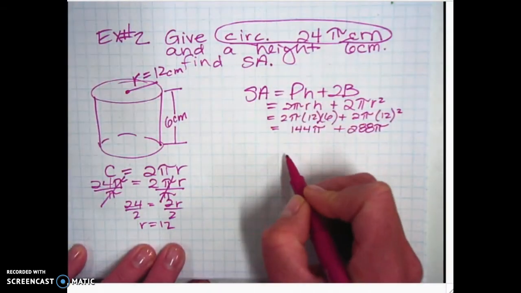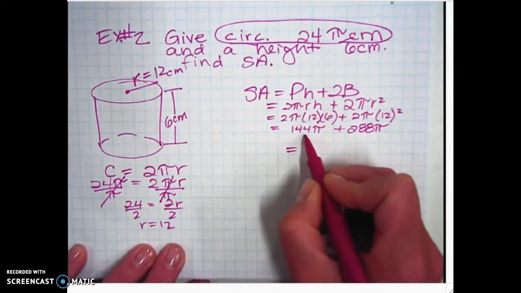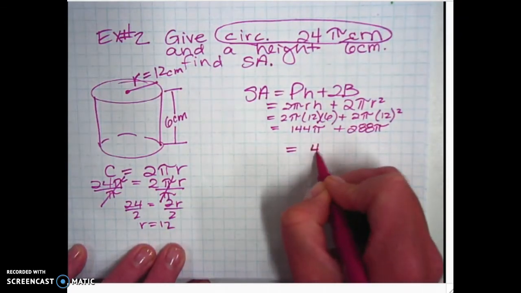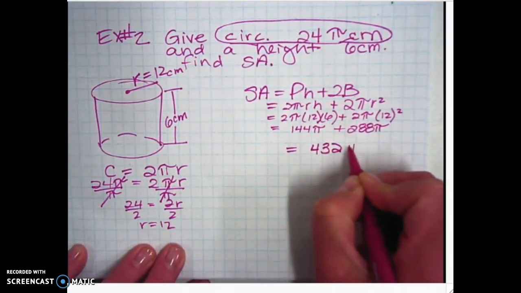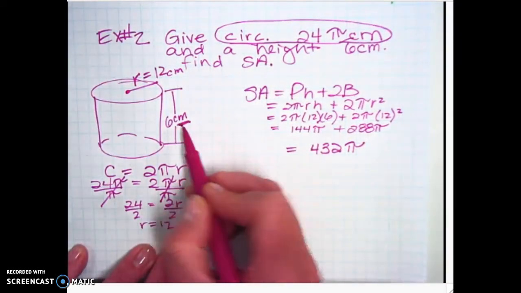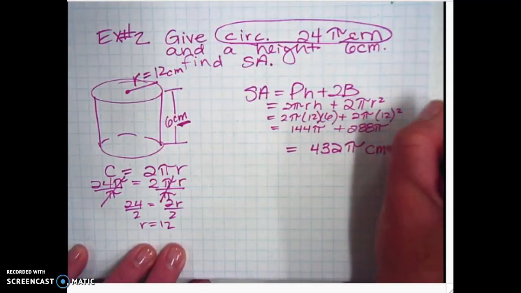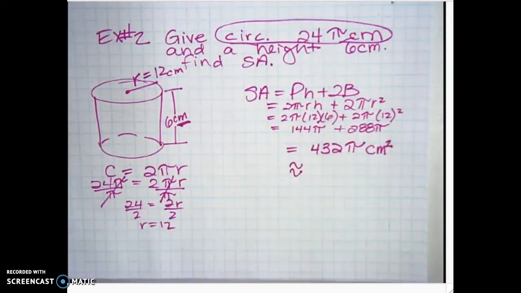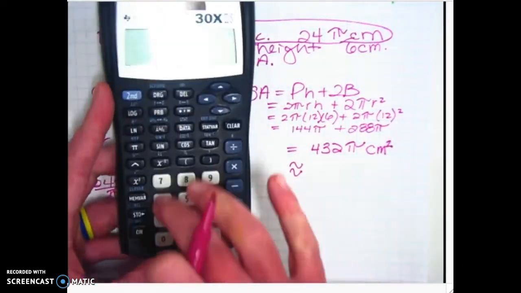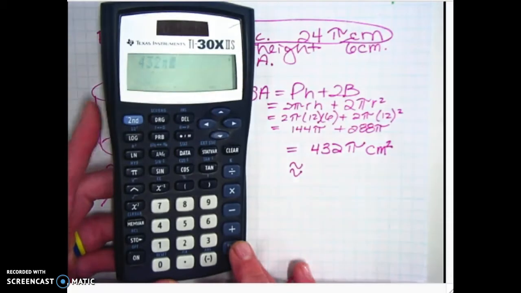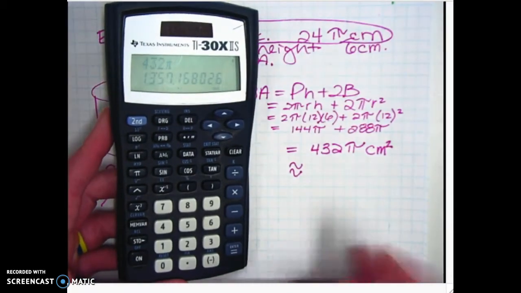And then I can add those two together. 144 pi plus 288 pi is 432 pi. And this one was measured in centimeters, so we're going to say centimeters squared. Then we're going to get our decimal answer. So we're going to write a wavy equal sign and just take 432, multiply it by the pi button, hit the equal sign,